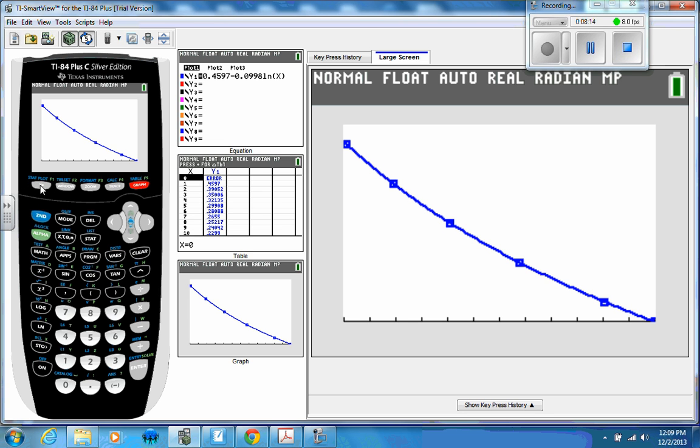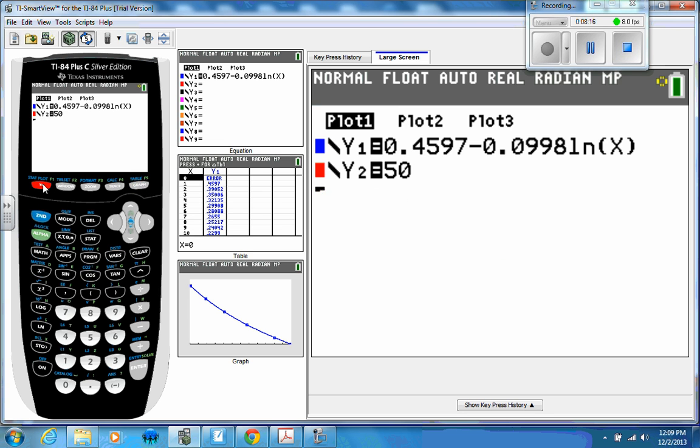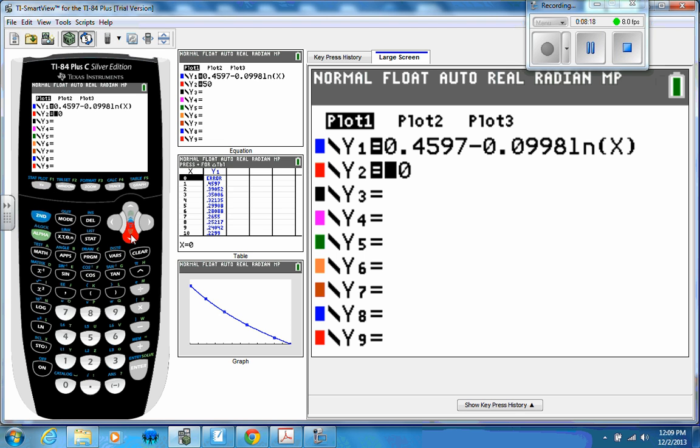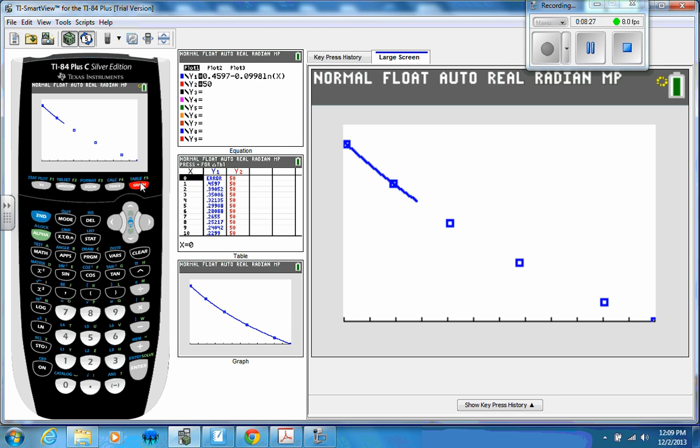Where's my line of 50? So I go back here, go to my second one. It should be at 50, right? So where's my curve? So it's not doing my line at 50 for some odd reason. Okay, well, I can use my cursor, and I can go roughly down to,